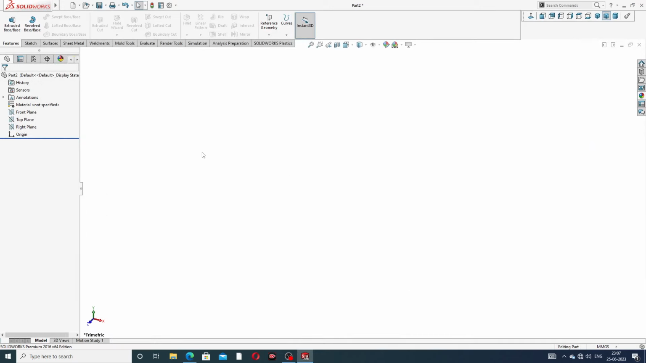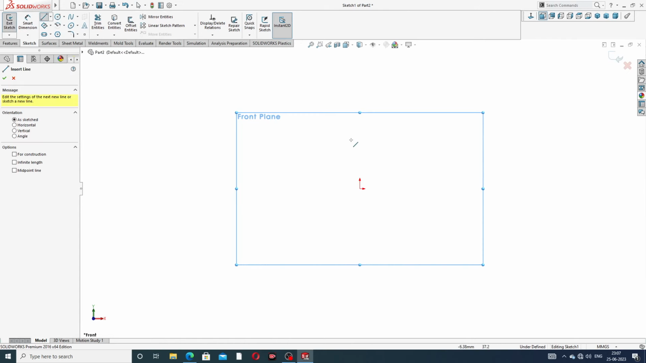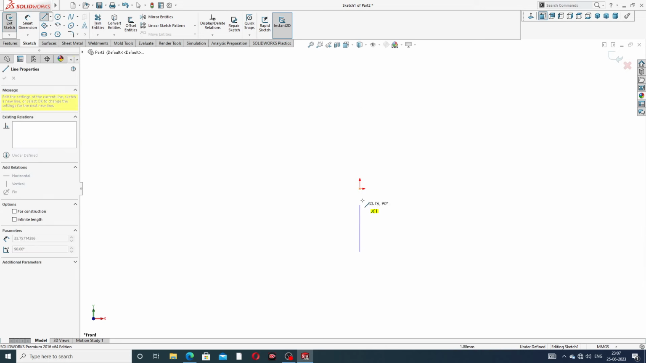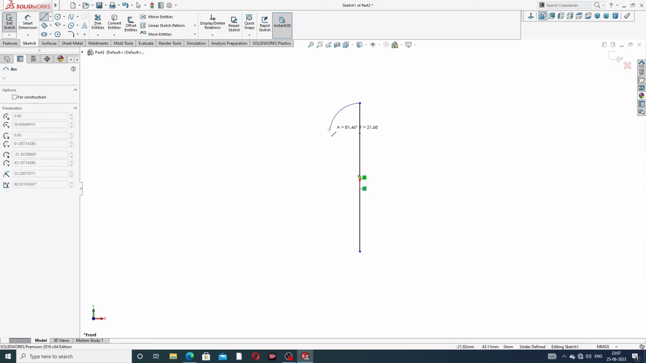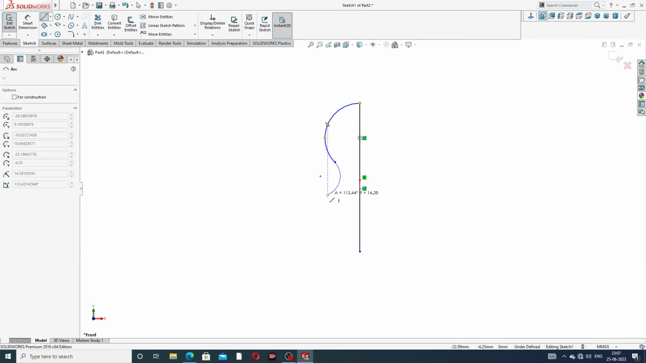Okay, drawing some geometry, and mention all dimensions one by one. Okay, at first select a front plane. Line is drawing from this to this, and drawing a curve is this, and again drawing a curve, this,